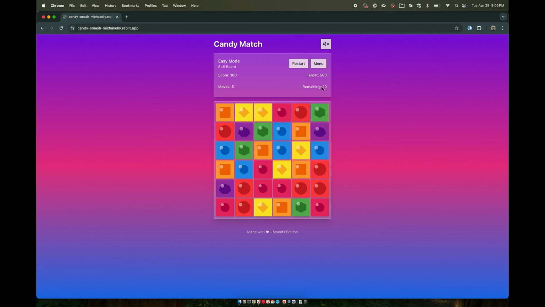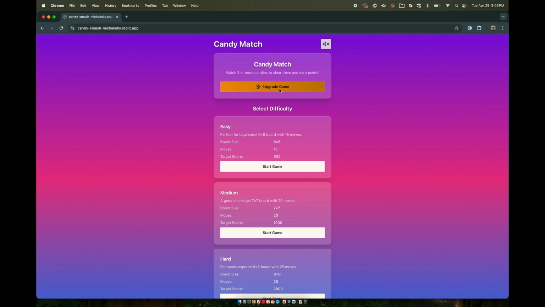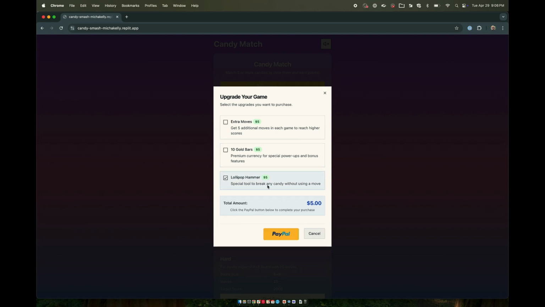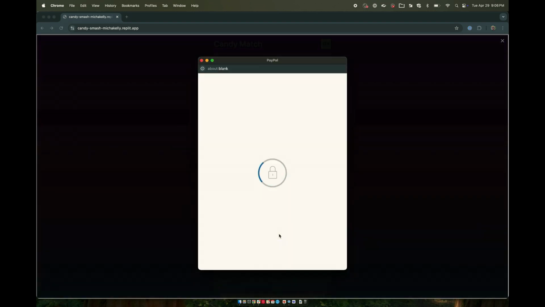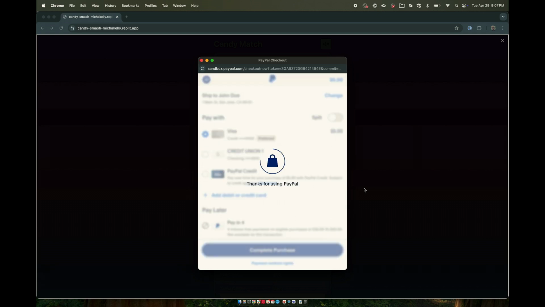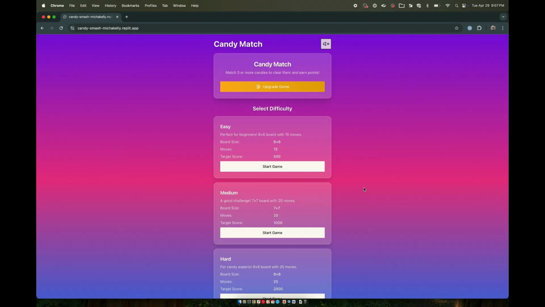One interesting thing I want to share is that when building this game, I didn't actually describe the look and feel. I didn't ask about specific tiles. But what I implemented here was an upgrade game functionality. And this allows me to monetize the game. So here you get a modal. Customers can buy a lollipop hammer, for example. It includes PayPal with checkout. Everything you've seen implemented is using our V6 SDK and our server SDKs under the cover. I'll go ahead and complete my checkout. I have my lollipop hammer.